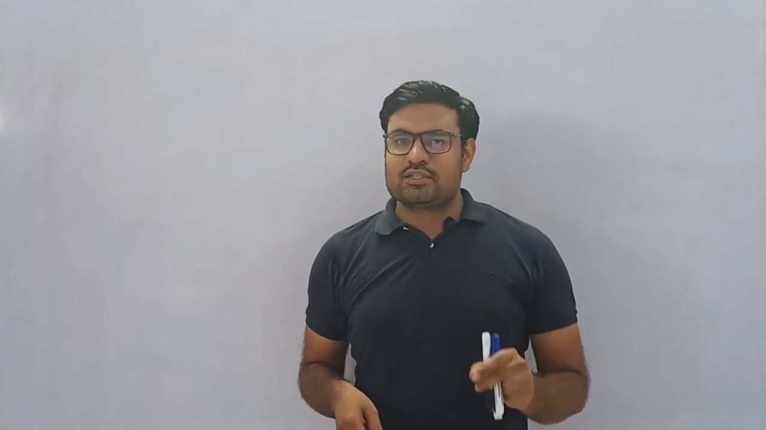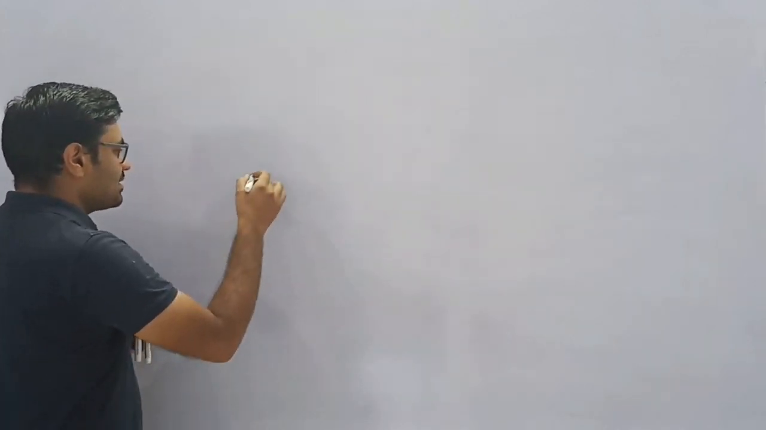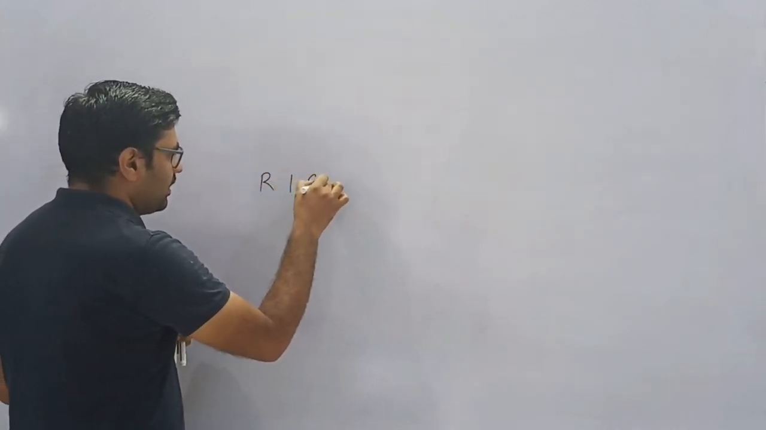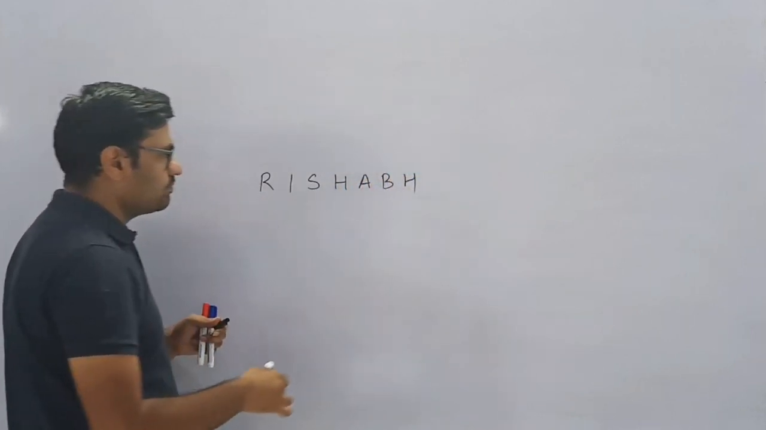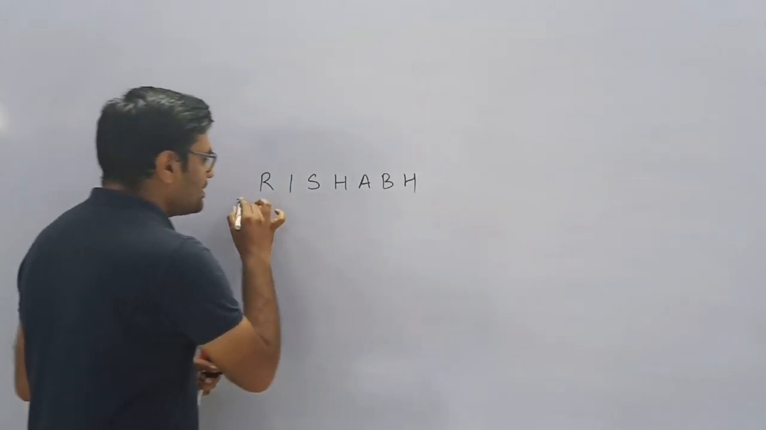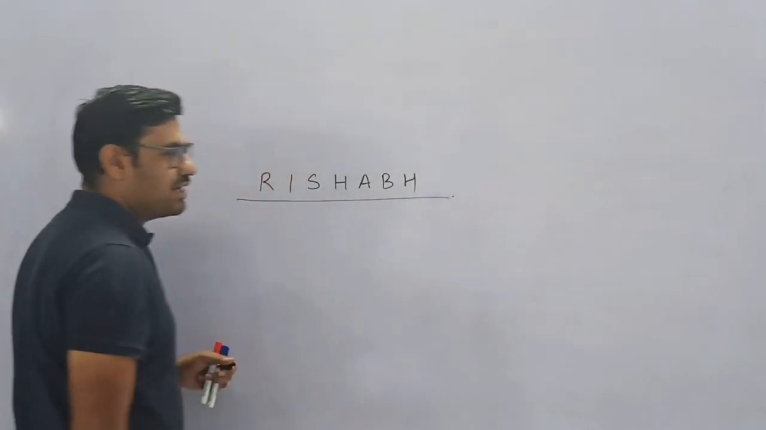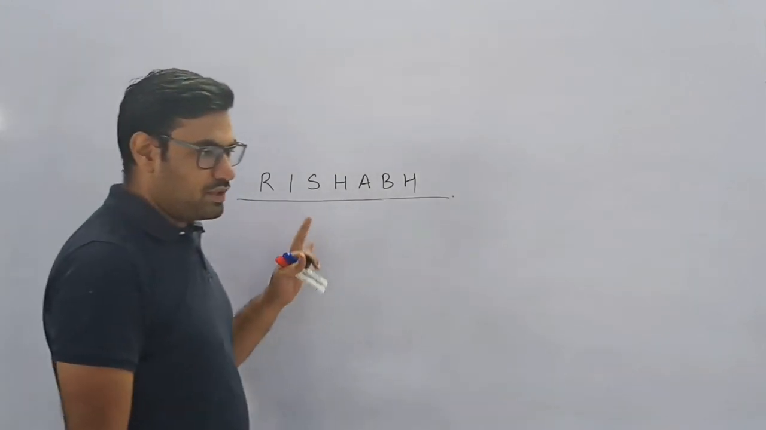For example, let me take my name. My name is Rishabh. If someone asks me what is your name, I'll say Rishabh. So he'll say, can you spell it out please? So what I'll say, R-I-S-H-A-B-H. He will not get it again. Why? Because this spelling is in English language, but we have to tell the spelling